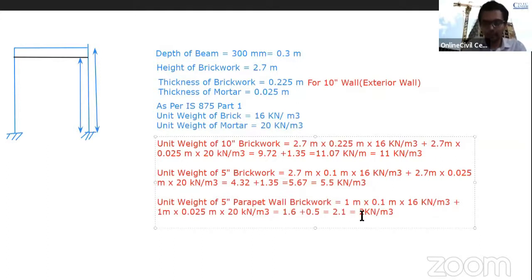If you have a different height of parapet wall, you can just change this 1 to 1.1, 1.2, whichever you find suitable. Basically, the loads which we apply, as we had seen in many videos of our Tekla Structural Designer and StatPro, are the live loads and dead loads for the various members. After watching this video, I hope the concept is clear: how to calculate the unit weight of 10-inch brickwork, 5-inch brickwork, or parapet wall brickwork, so that you can calculate the values properly and then insert them in the software.